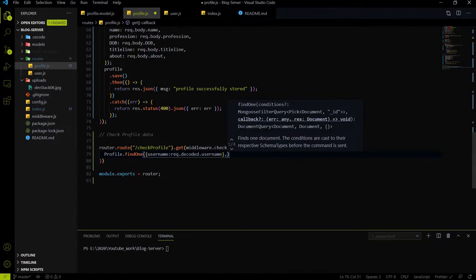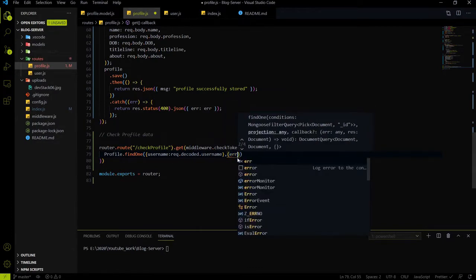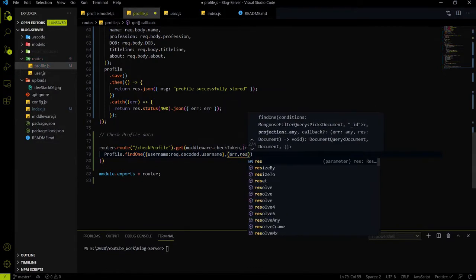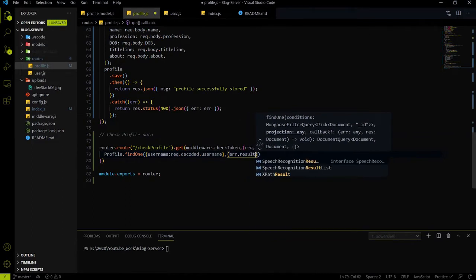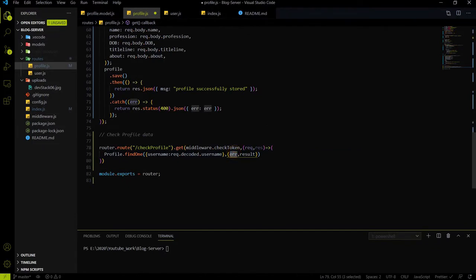If the data is available, it will give a result back, and if the data is not available, it will give an error. So in the result we will get the profile data which has the same username, and if the data is not available, then we will get a null or an empty string.